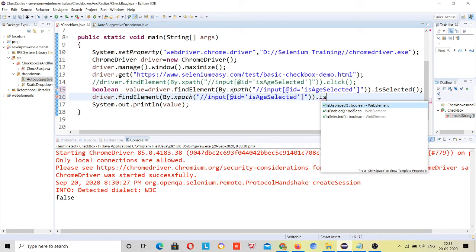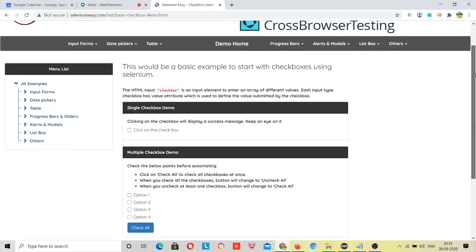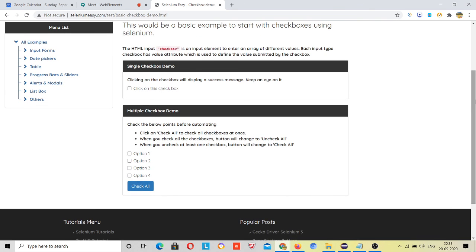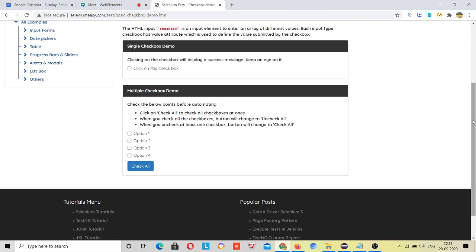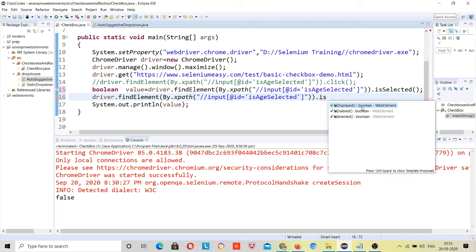What does this method mean? I'm just giving you the introduction of these things. Sometimes you want to confirm that your web page is fully loaded or not. People generally ask in interviews how you will confirm that your web page is fully loaded. I will explain that whole thing in detail in a particular session, but for giving an idea, the isDisplayed method helps us know that the web page is fully loaded or not.